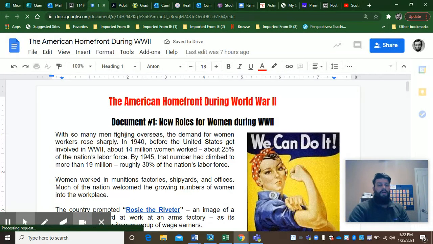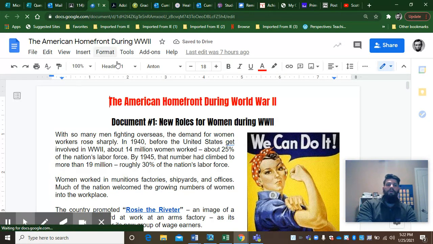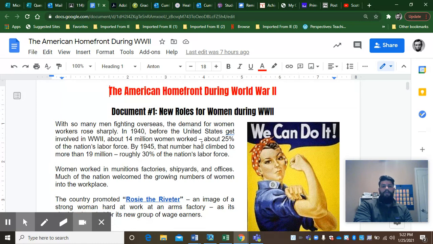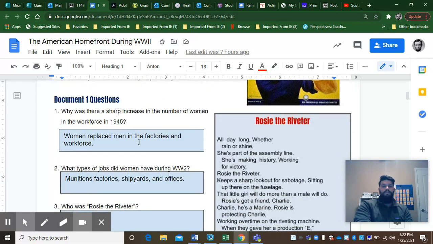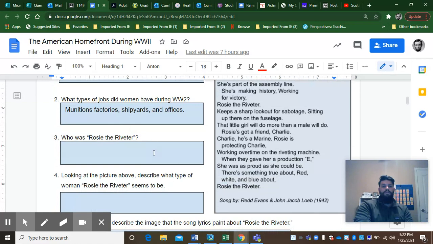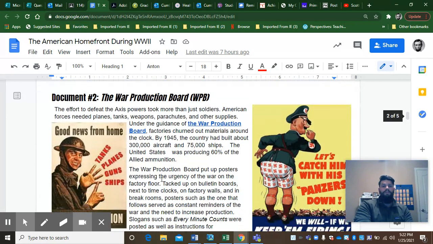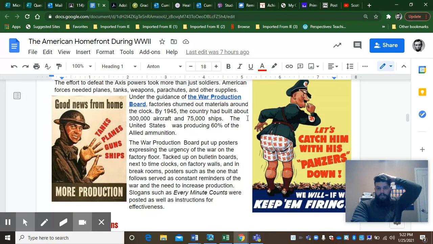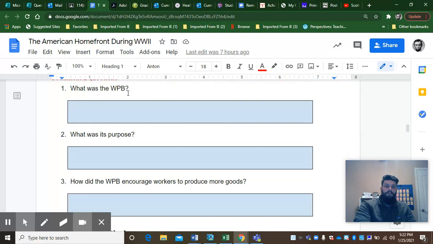It is all reading comprehension. All right, it's about America in the home front. This is Google Classroom 114. And as you can see here, it says document 1 has to do with Rosie the Riveter. We've answered some questions today in class, actually, together. It's got cool poems on there. I've got some political cartoons and some propaganda posters that were created in that time period from the War Productions Board, all right, the WPB.